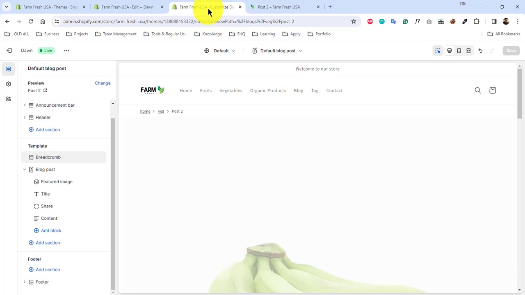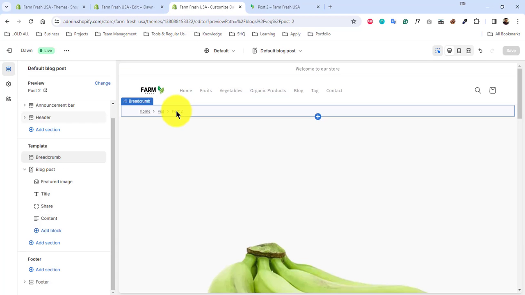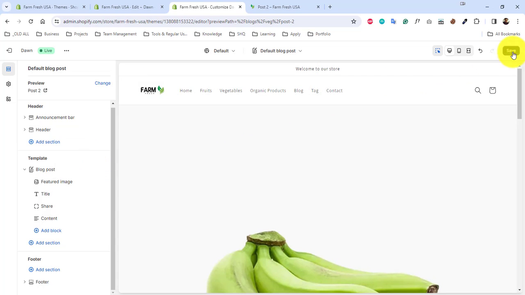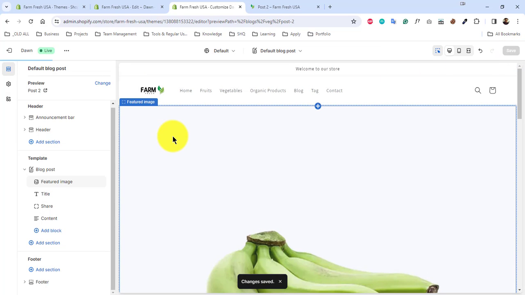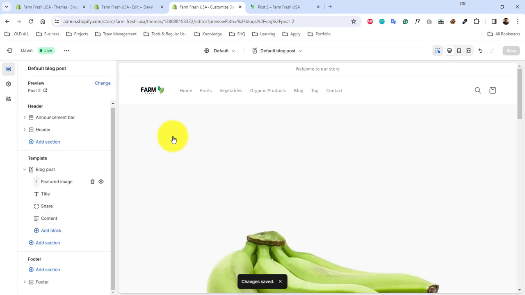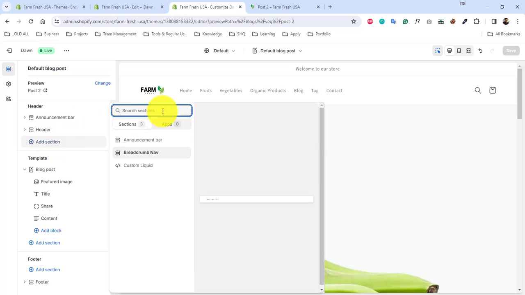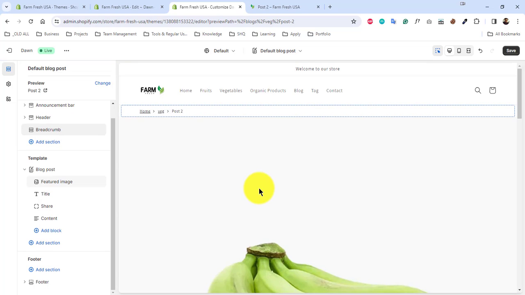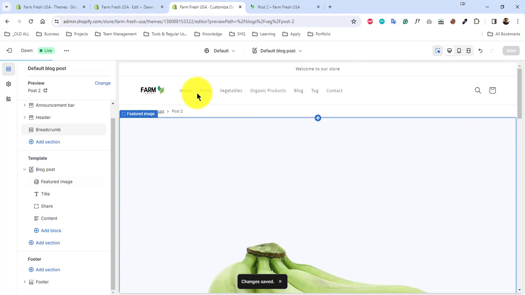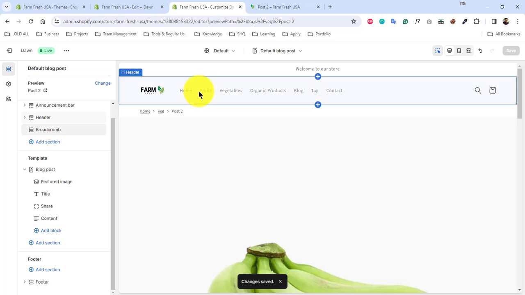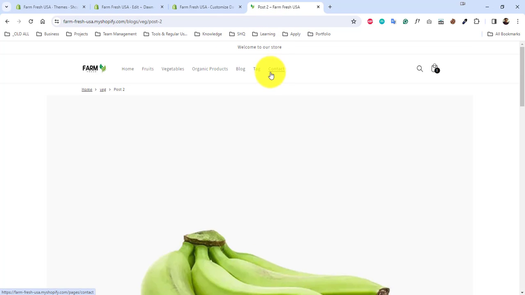Now you want to add the breadcrumb in all pages, right? So for that, for example, we are removing it from here. That's okay, otherwise it will be duplicated. Now instead of adding this in the template section, I mean the body part, you just need to add the section in the header part. So go here, search breadcrumb. Perfect. So I'm adding it here. Now done. When we add something in the header part, it will be distributed across the whole theme, right? So now go back to the contact page,